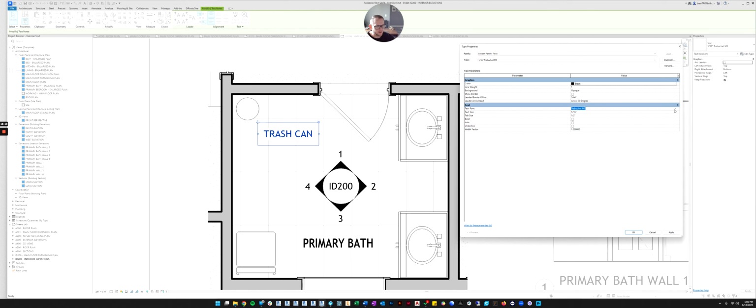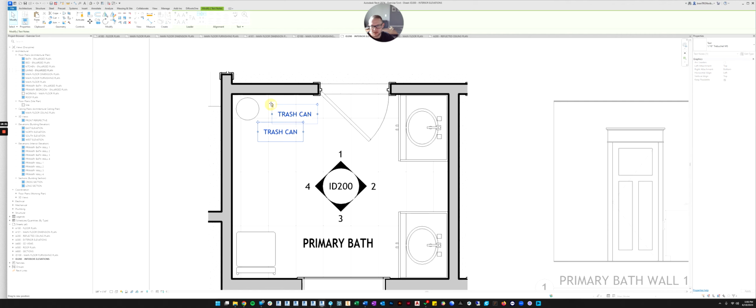You could also change the font if you wanted to. I'm going to keep the font the same. And then there are other attributes that you can play around with if you'd like. But I'm just going to click OK. And now we made a smaller text here. The other thing you can do with the text selected is change the justification horizontally and vertically.